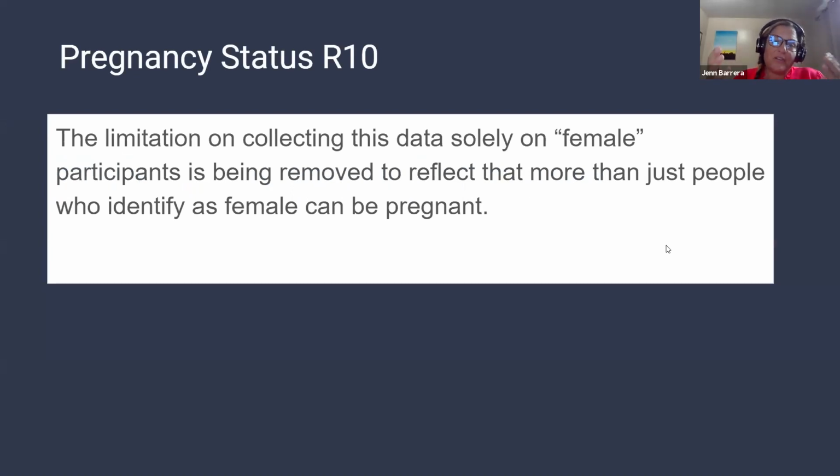And now, as we know, people will be able to select all or any of the 5 gender options that have been changed from one of the first slides. So now that logic is being removed. It will be asked of more than just people who identify as female.